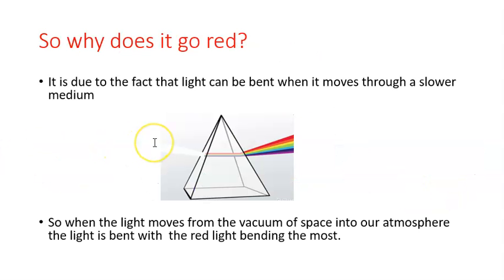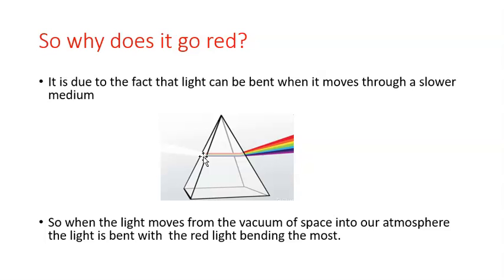The reason for this is that light can be bent when it moves through a slower medium. A good way to look at this is to remember when we did experiments with prisms. When we shined a white light into one side of the prism, we saw a rainbow form on the other side. This is due to the fact that these different colors of light all have different wavelengths and frequencies, only slightly different. That's why it comes in as white light when it's all together. But when it goes through the prism, because it's moving through a slower medium, from air into glass, and light moves slower through glass, it causes the light to start splitting apart and bending away from each other,